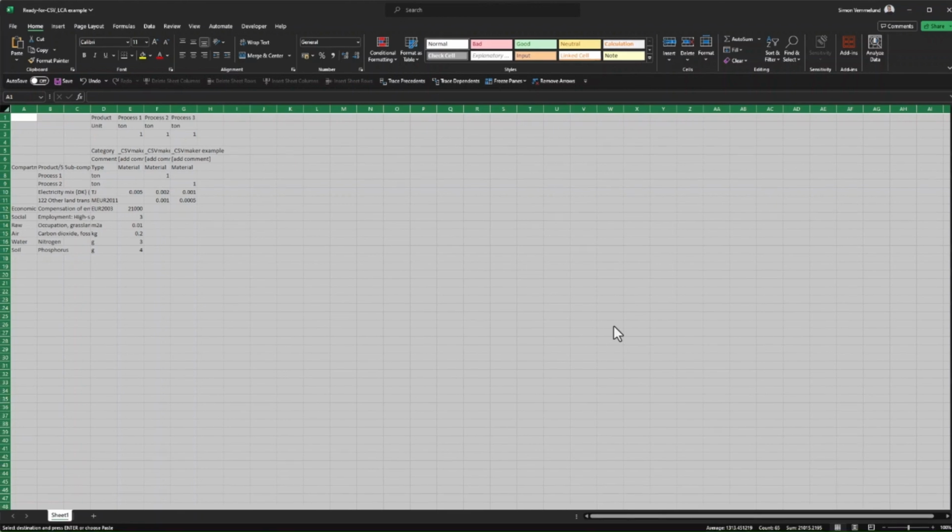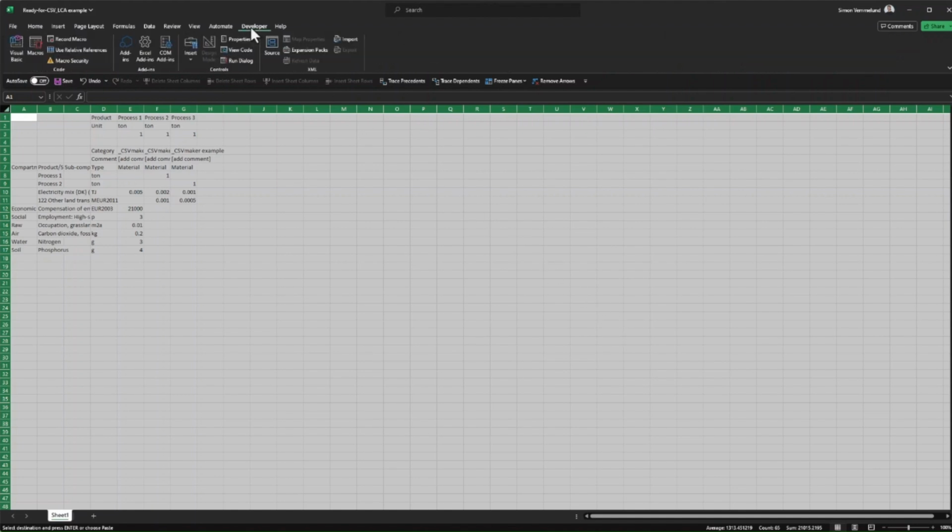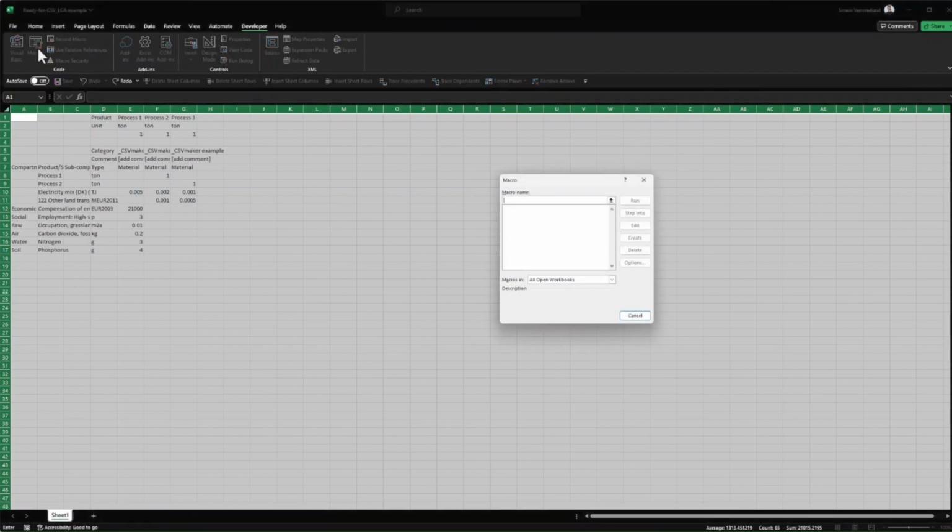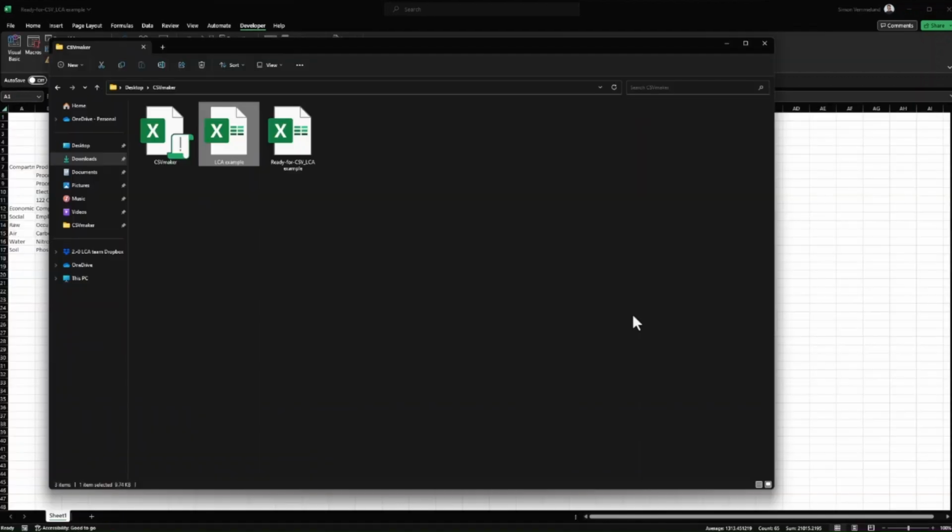You need to set up your Excel to run macros from the Developer tab. See the link in the video description for more information. You can now go to the Developer tab and press Macros. Since we have not opened the CSV Maker file, there is no macro available. Therefore, the next step is to go to our folder and open the macro file.